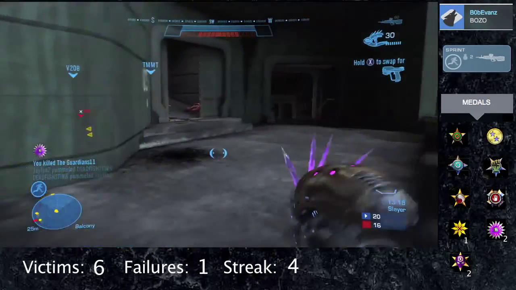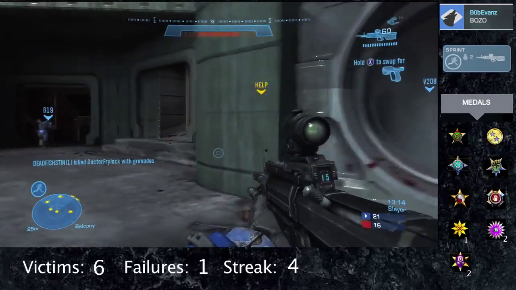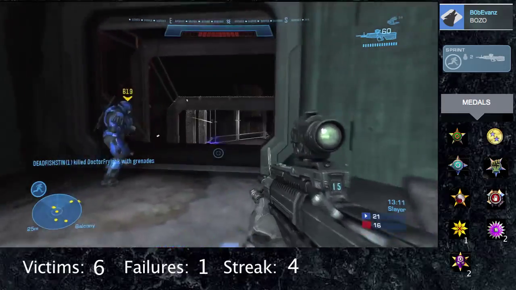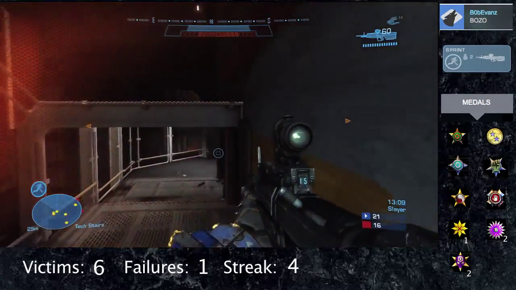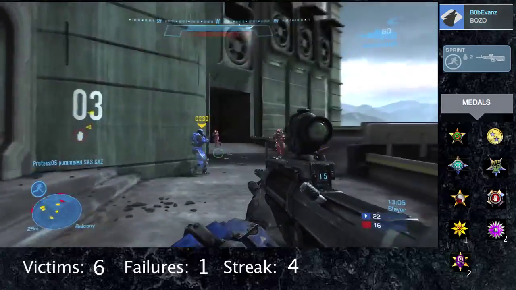Some tips on using the DMR at close range. Like I said, it can be very, very effective. You just have to have a good shot. Some things you want to look out for is you don't want to melee too early. You want to make sure you get your 4 shots in before you melee. You have to have their shields down. Now, the shields are,